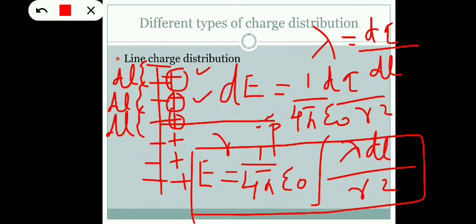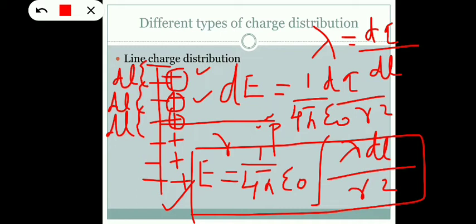Can you give an example of line charge distribution? See, the transmission lines that bring current to our home. It's a wonderful example of line charge distribution. It extends to thousands of kilometers. And in order to find out the electric field intensity at any point due to these transmission lines, we can use this formula. Otherwise, it will be very difficult to find out the contribution of all the infinite number of charges on the transmission lines to the electric field intensity.